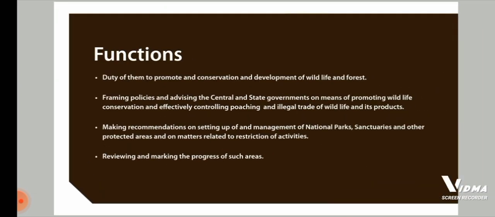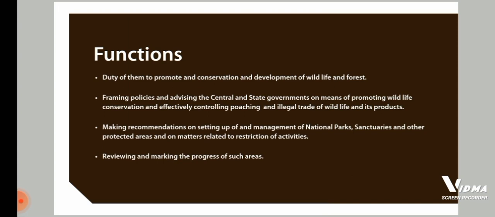Let's see about the functions. What are the duties of them? What are the functions and its duties? Their duty is to promote the conservation and development of wildlife and forest, framing policies and advising the central as well as the state government. That means both are needed for promoting wildlife conservation and effectively controlling poaching. We know that poaching nowadays is a serious threat to the animal wealth. They are illegally hunted for their skin, their teeth, etc. So all this illegal trade of wildlife and its products